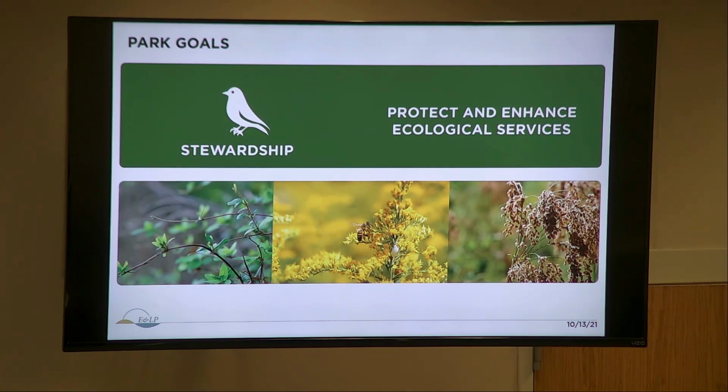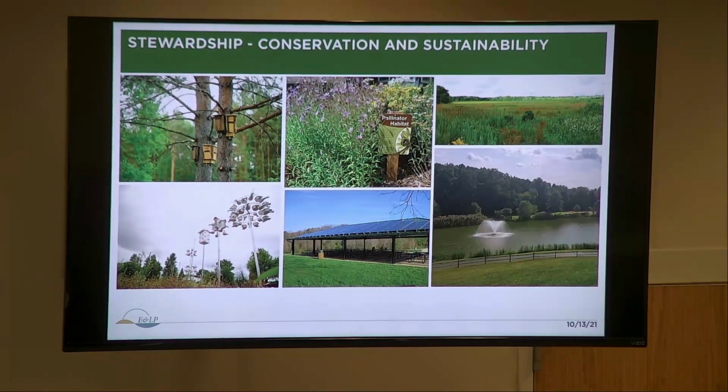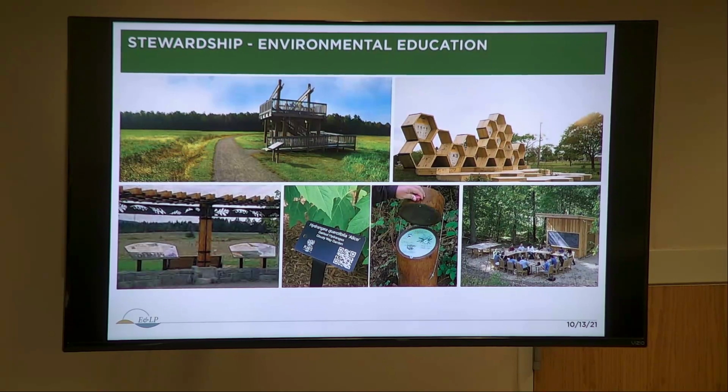So stewardship, this is really about protecting and enhancing the ecological services on site. Some examples of the way that could manifest itself is habitat structures throughout the site, signage about pollinator gardens, managed open meadow spaces, both wet and upland, water features, the use of renewable energy for any type of park power, education, like bird observation towers or blinds, signage and outdoor classroom spaces. If we're preserving and conserving this land, we want to tell people what's going on. So when they come out and they see habitat structures or they see maybe a working landscape that someone is taking care of, the process and what's going on is explained to them